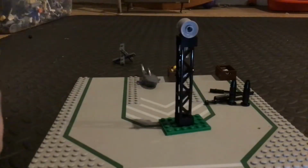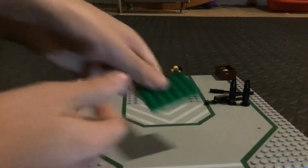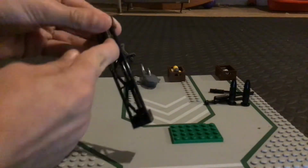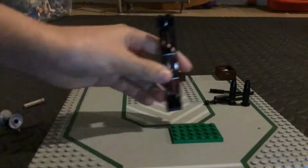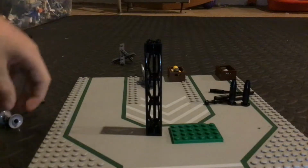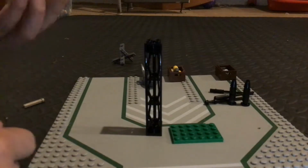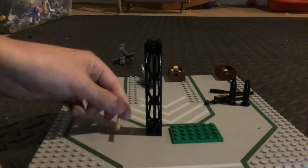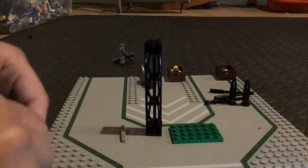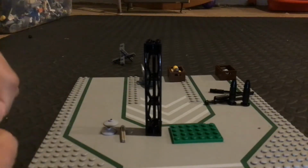Okay, air raid siren. Takes a little bit longer, but it's still got a small amount of pieces. So you just take a base, whatever base you want, and you've got to take one of these. You can find these towers in the space sets. They're pretty easy to come by if you can get your hands on a Superman one too. You can find those in a few Superman sets. And then you've got a pin here, and you've got the main head of the siren. And that's just 2 of these little radar dishes and